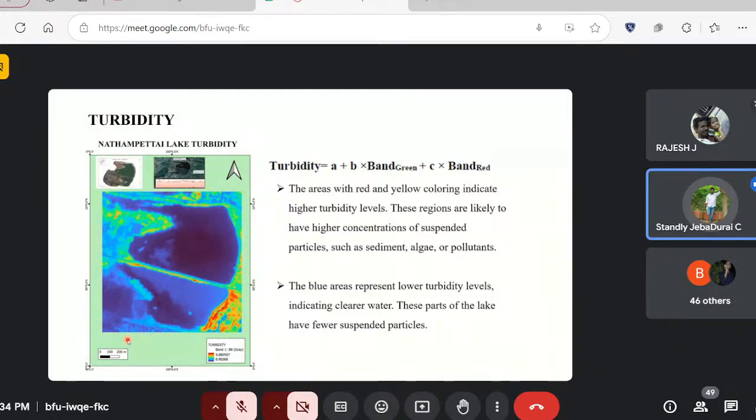turbidities and these things. In this turbidity report, the areas with red and yellow color indicate a higher turbidity level. So these areas would be of red and yellow color. This would have higher turbidity regions. The blue area represents the lower turbidity levels. If we have lower turbidity, it would indicate the water is clear. Since this water is used for irrigation purposes, this turbidity is calculated by using the